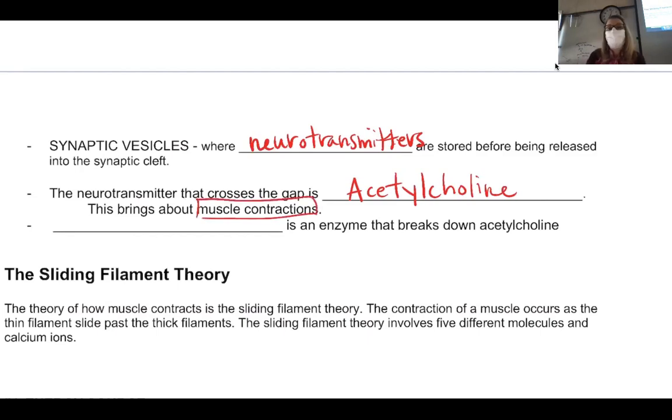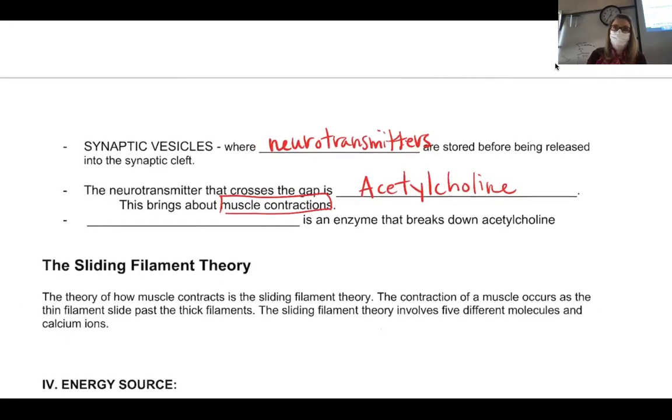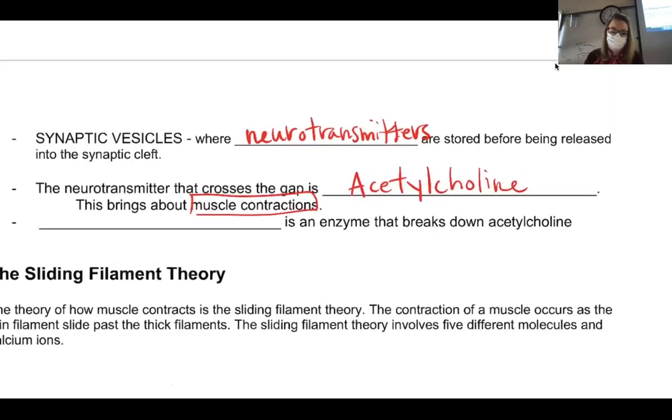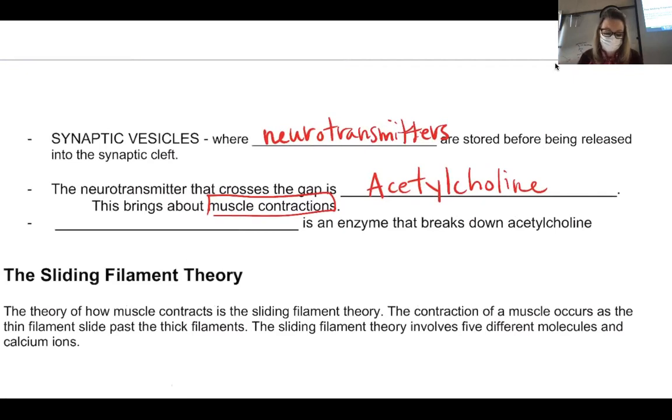I know for a fact, one of the questions on your exam is somebody created a new drug that prevents acetylcholinesterase or acetylcholine from being released from a nerve. What would happen? And you're like, nothing. And I'm always like, be more specific. And they're like, yeah, you're right, nothing. You wouldn't be able to contract. Without ACh, you can't contract. Okay, it's a longer question than that, trust me, but that's essentially the part of it.